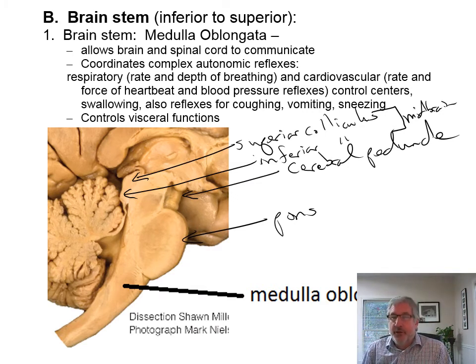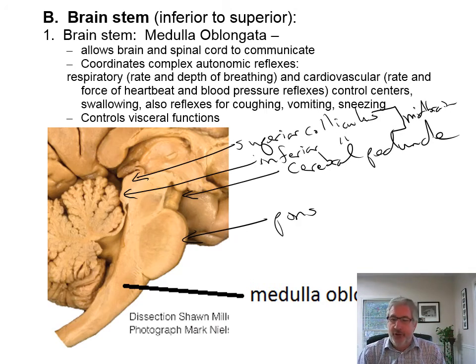It also controls a lot of visceral functions. So there's actually a lot of control that the medulla does, because you don't have to send all that information up to the brain to think about whether you want to increase your heart rate. You just do it. There are some things you want to think about, so you delegate responsibility. You have your brain sitting up here, and it's going, okay, what kind of things do I want to do today? Well, I want to read a book, or I want to go for a swim or a bike ride, or I want to go to the movies or whatever. And then the lower part of your brain, you delegate those just day-to-day activities.